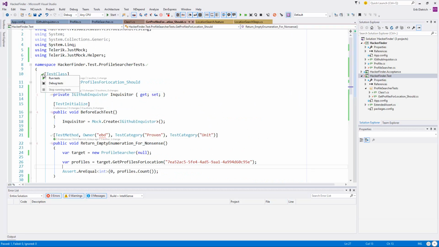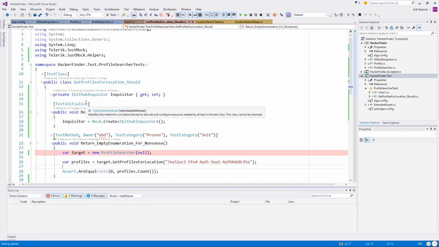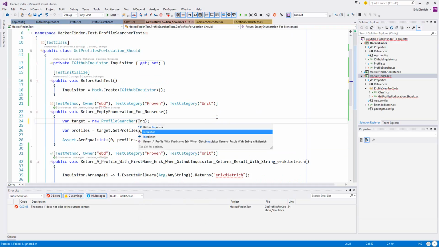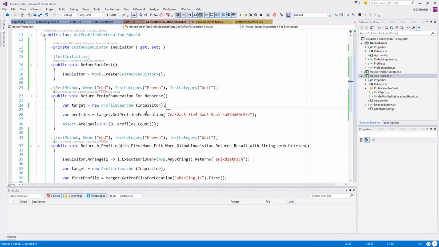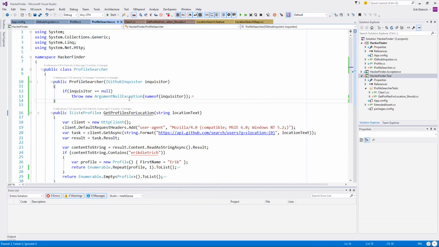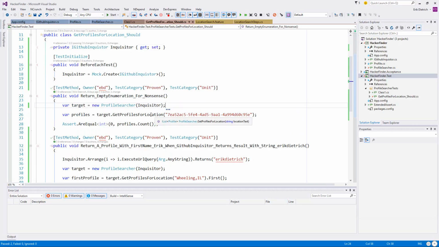So now, if I go back here, I'm expecting that first test method to fail because I need to pass in Inquisitor. Now, this hasn't been wildly productive, but it should get everything back to green. There we go. Okay, now everything's green, and I'm at least doing the right thing with the Inquisitor, but let's